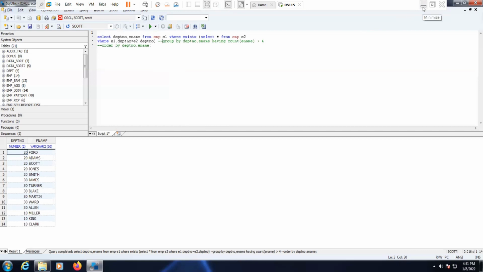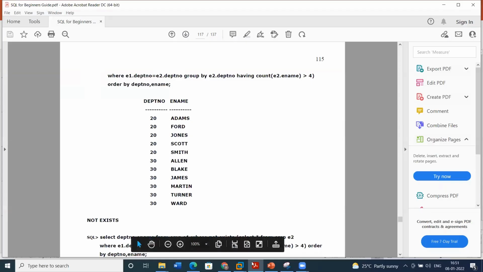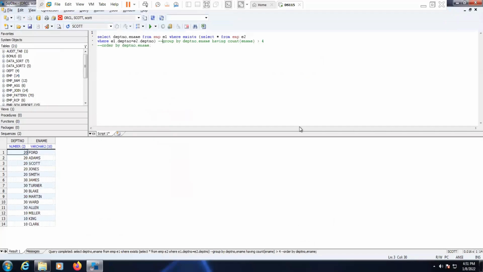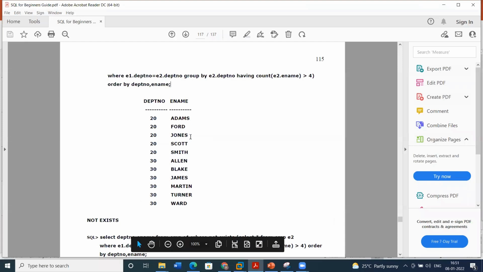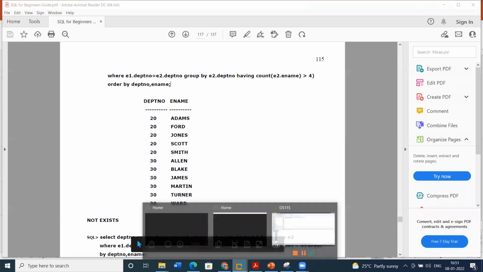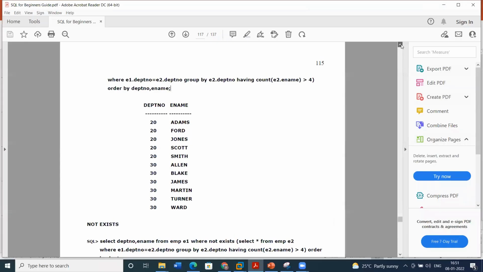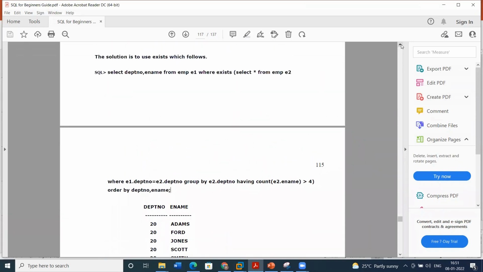So we have received the relevant result, and it should be equal to how many records came: 1, 2, 3, 4, 5, 6, 7, 8, 9, 10, 11. So E1 department is equal to E2 department.